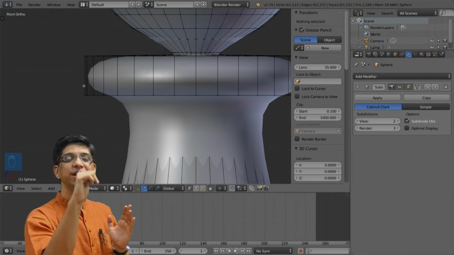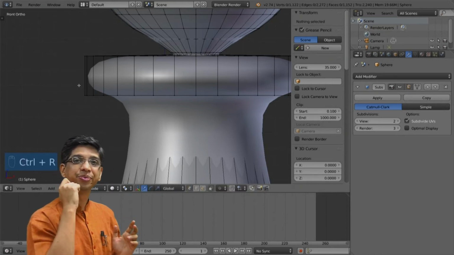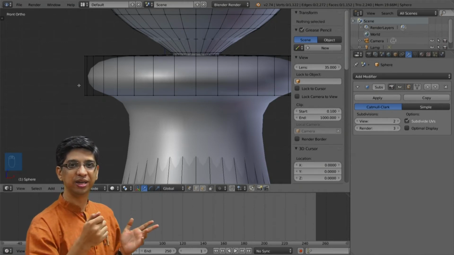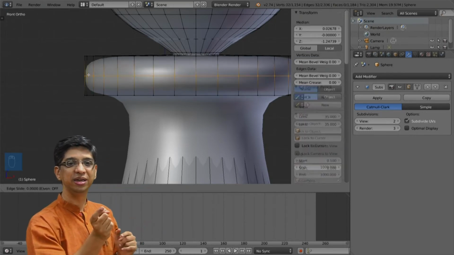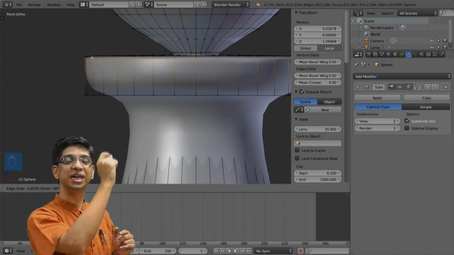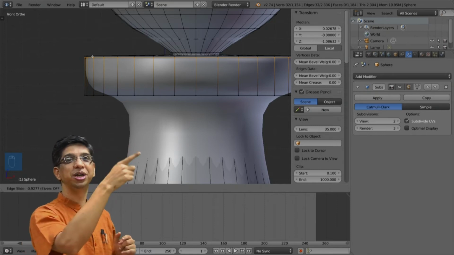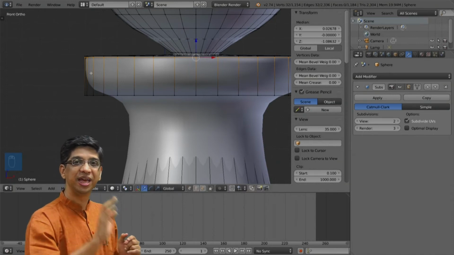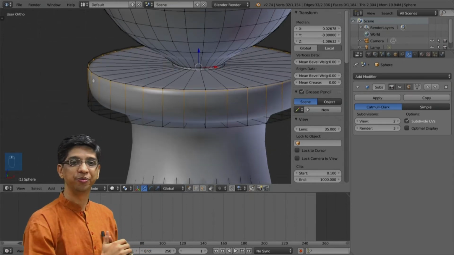We use the vertical lines which connect the two circles as the point where to add the loop cut. Go to the edit mode, press Ctrl R and hover on the vertical edge. You get the pink line. The moment you click there and take the particular loop cut slightly upwards, you see that the shape of the smoothing is changing. Just leave it there by accepting the position, and let us take another loop cut now.